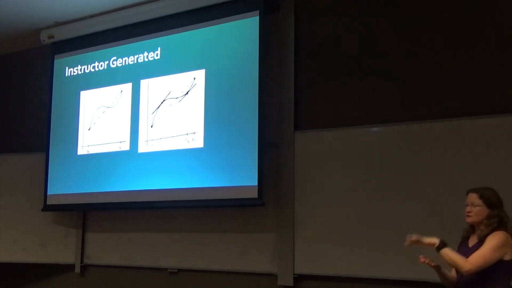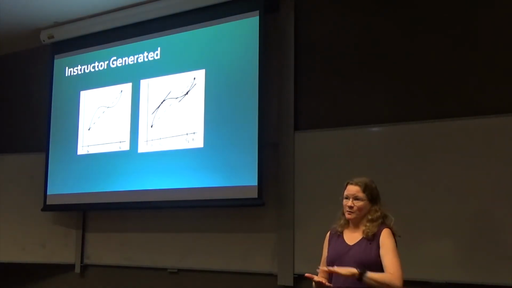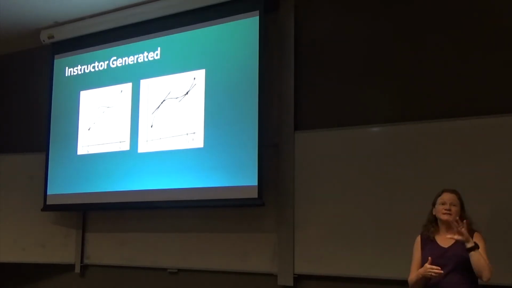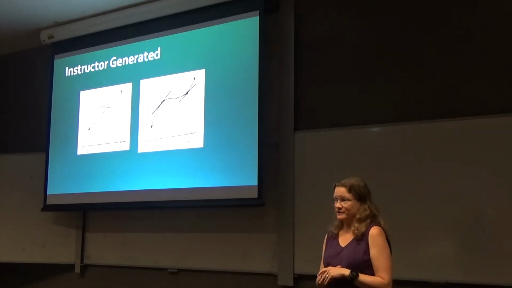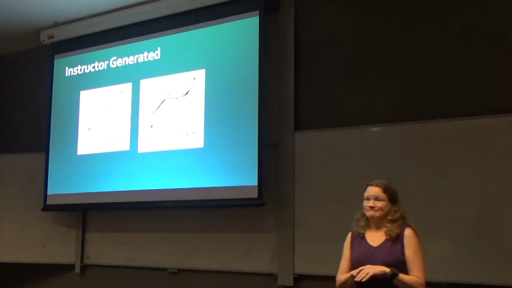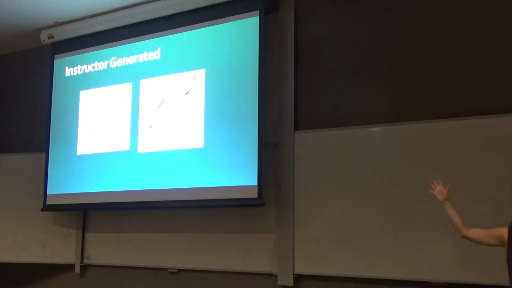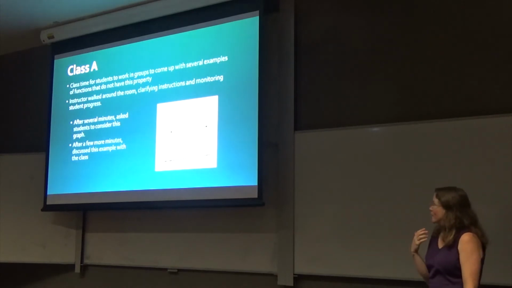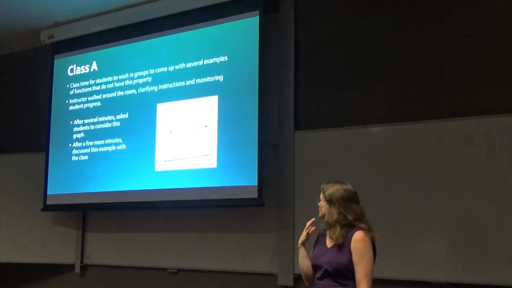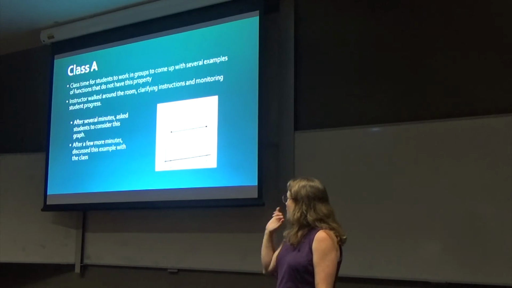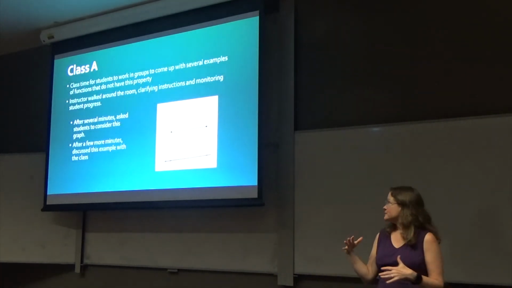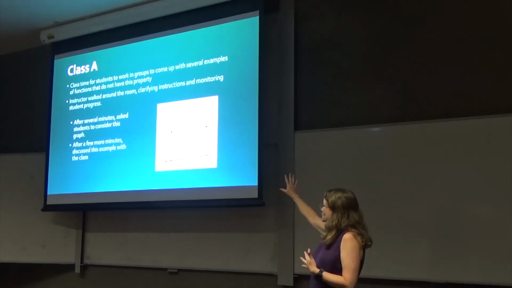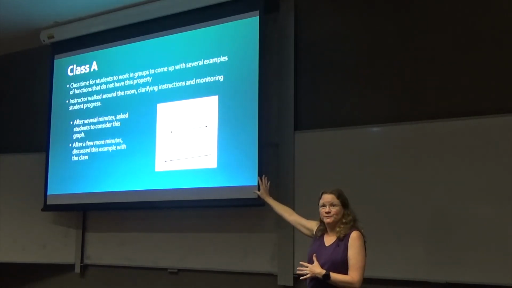Then, she says to the students, your job is now to find several more graphs that do have this property and do not have this property. Go. And so, the students go, and they are working. They end up working on this for about 16 minutes. After about 4 or 5 minutes, as the instructor's walking around, making sure the students are coming up with both types of graphs, she sees one of the groups has this graph on their paper,